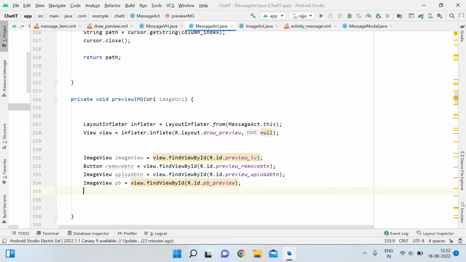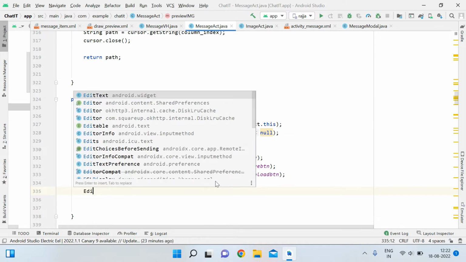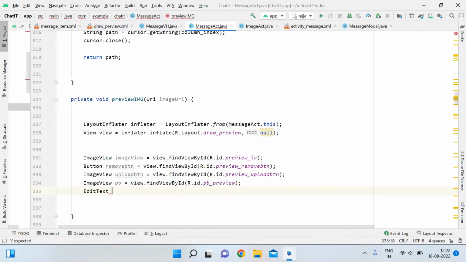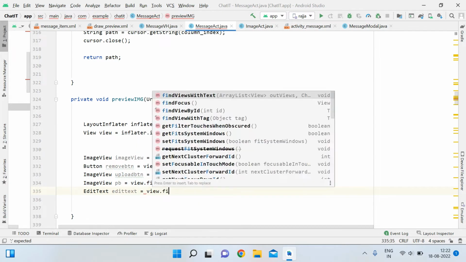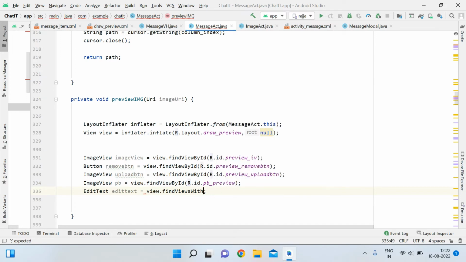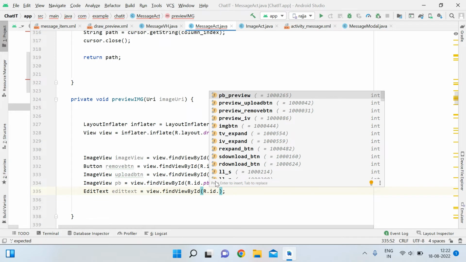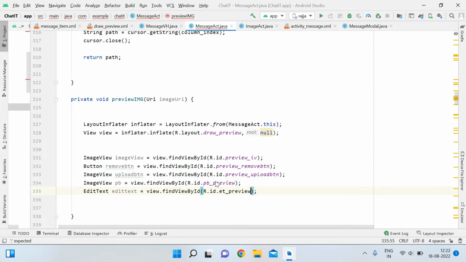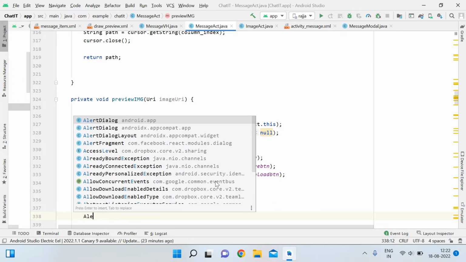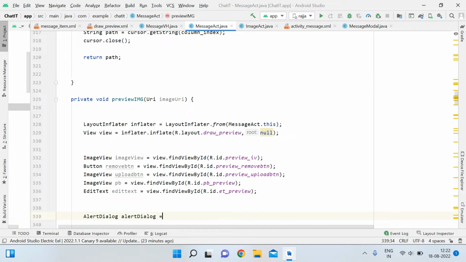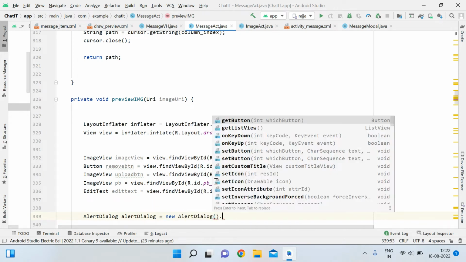And after that, the last thing that we need is EditText. EditText equals view dot findViewById R dot id dot et preview. Now we can see that we have given all the references. Now we will create the alert dialog. So simply write AlertDialog, then alertDialog equals new AlertDialog dot